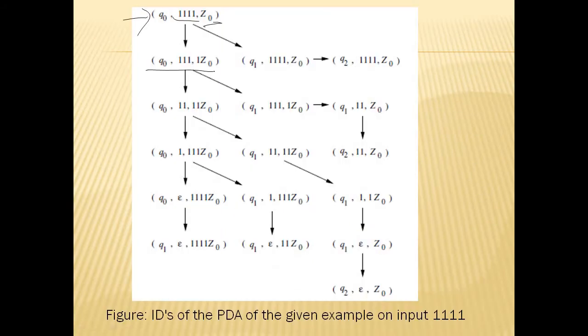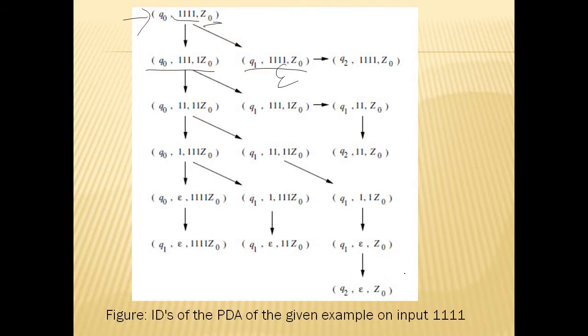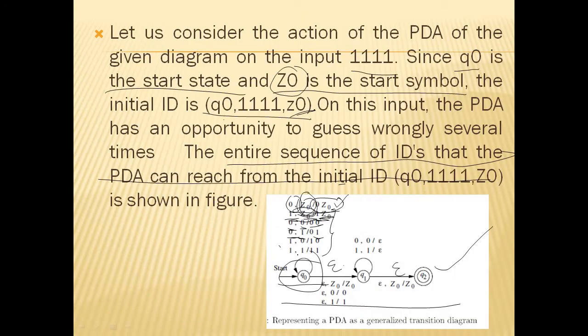That is represented here. And already we know that wrong choices may be there. Then simply we'll keep epsilon moves. When you observe this diagram, here also an epsilon move is there, here also an epsilon move is there. If we take epsilon moves, then it will happen like this only. But these two are the wrong choices, and the right one is this one. That's why we elaborated. Same, if input is 1, this will happen. And if the stack element is also 1, then this will happen.